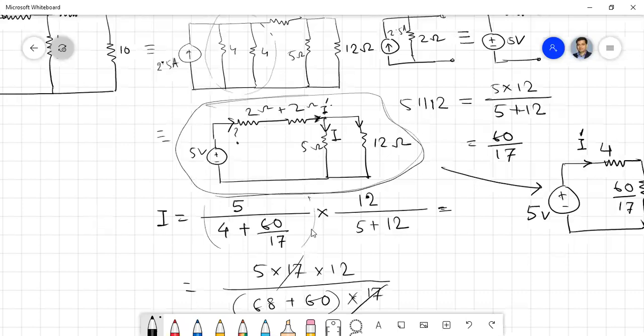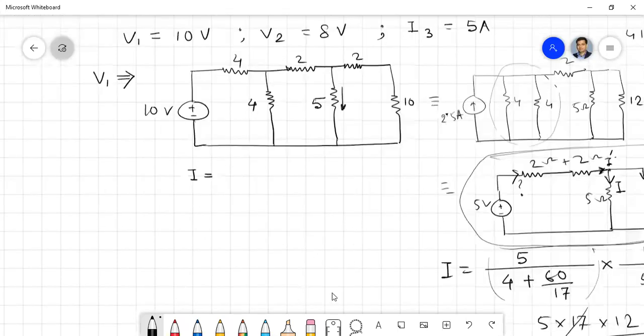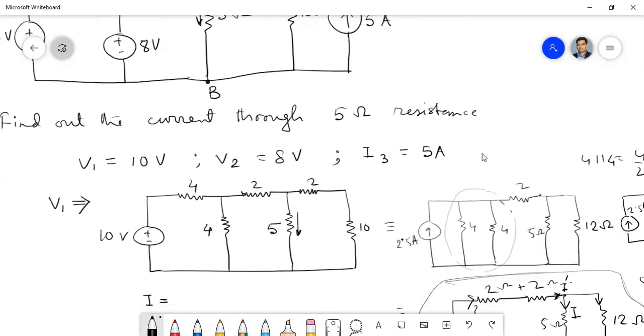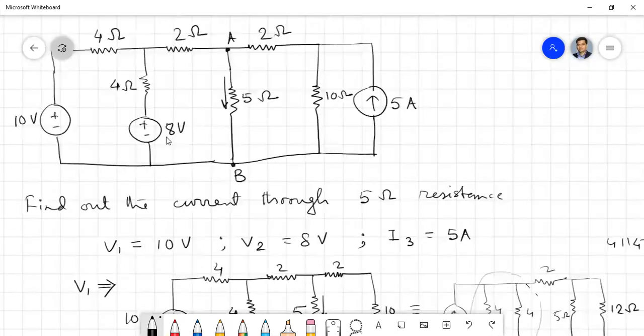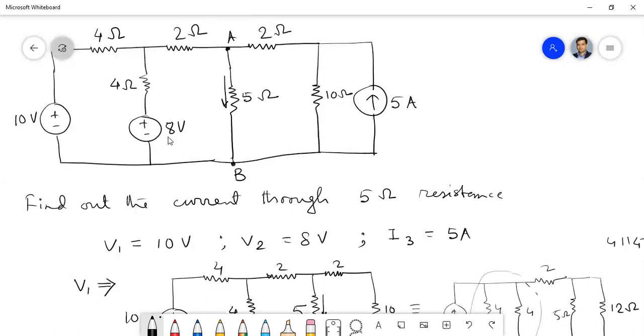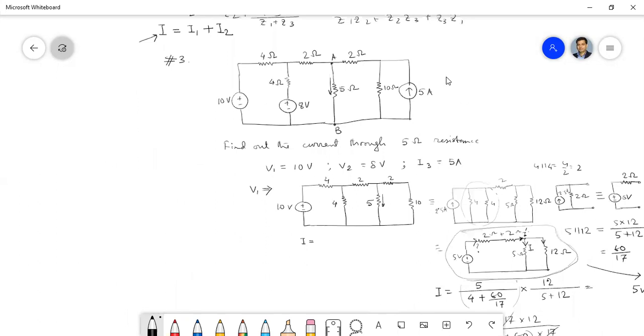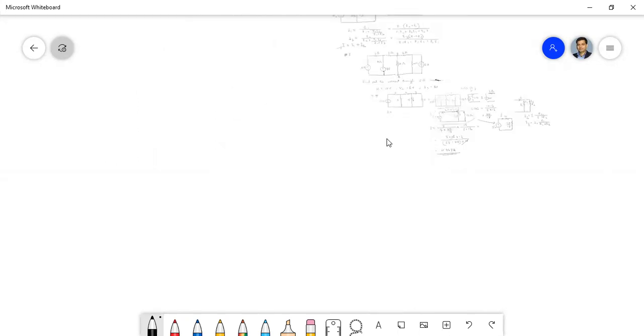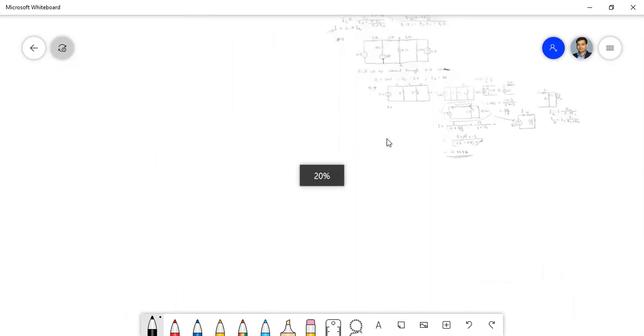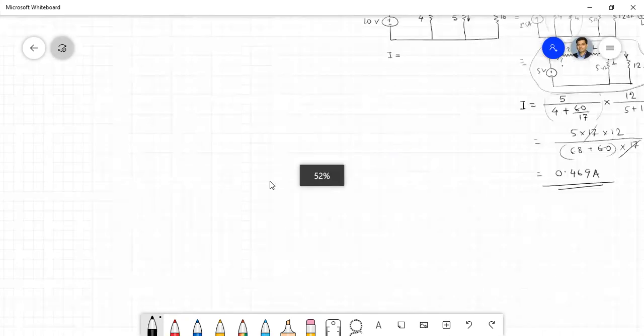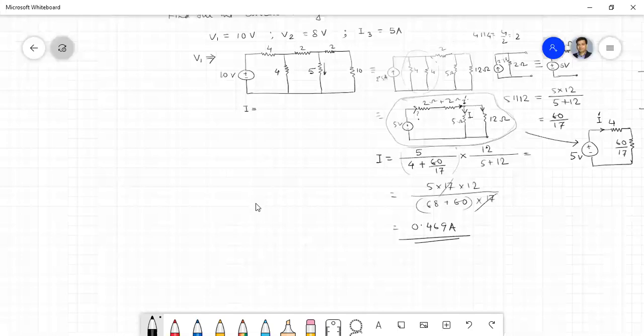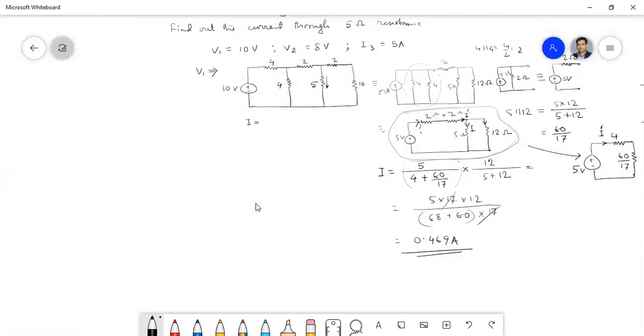Yes, sir. Okay, so one part we have solved only. Now we have the other 2. So now we will consider V2. We'll consider V2 and keep off the other two sources. Let us see what you will get. You just draw your circuit. So this is one part considering V1. Let us consider V2.